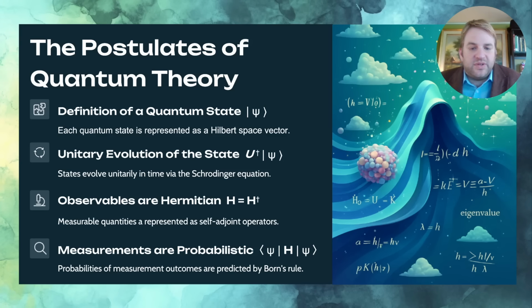These are sometimes also known as self-adjoint operators, although there's a technical issue there I won't get into. Finally, the key point is that measurements are probabilistic. We may not be able to know for sure the outcome of a given measurement, but we can predict the probability of those outcomes using a mathematical tool known as Born's rule, Born's probability rule. And this allows us to predict, if not with certainty, not deterministically, the outcomes of measurements. We know with some certainty what the probabilities of certain measurement outcomes should be.